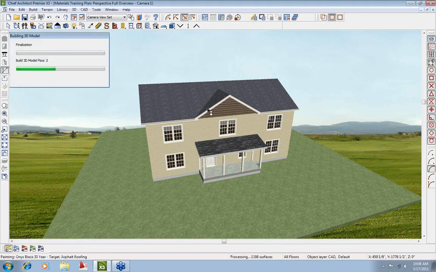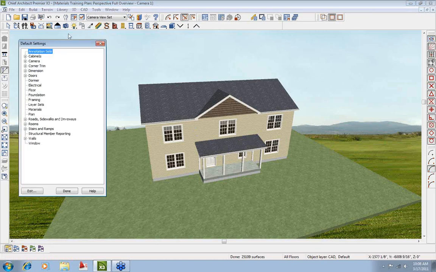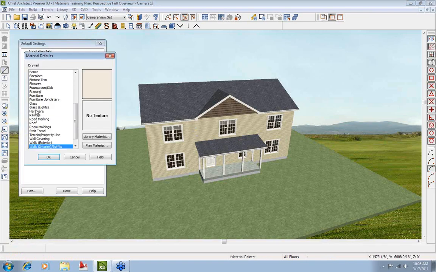Probably a better way to do it, again, if you were to add a roof, or let's say maybe you just added a porch and you rebuilt the roofs, the best way to do it is to go into the default settings. Under the materials, under roof, we can see our default roof material is just asphalt roofing, which is what you see there. If we go to the library,